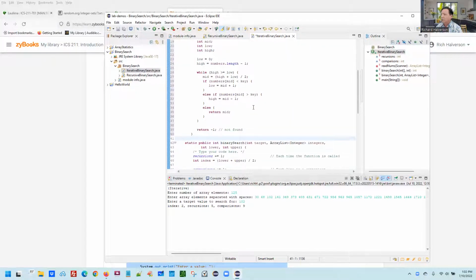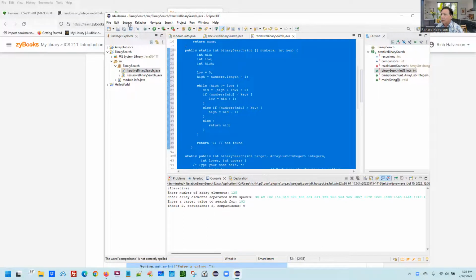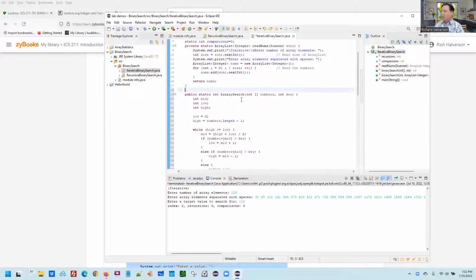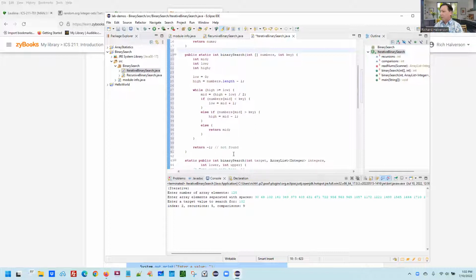And so now I've got this one. And let me select all, Control A, source, correct indentation. Okay, so I want this one to work when it's called this way. So static public, that's okay. Int, that's okay. Int, it's got it. Target integer, oh, it's the target integer second. Okay, so it's called target, and this is an array list of integers. So I'm gonna